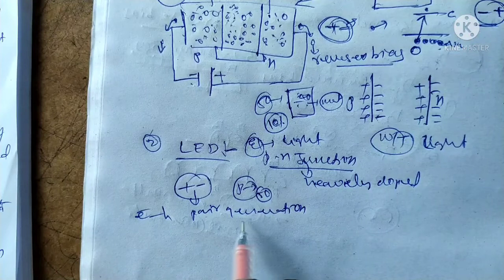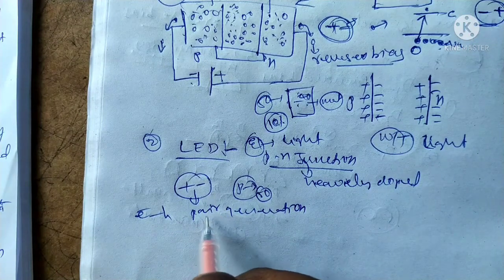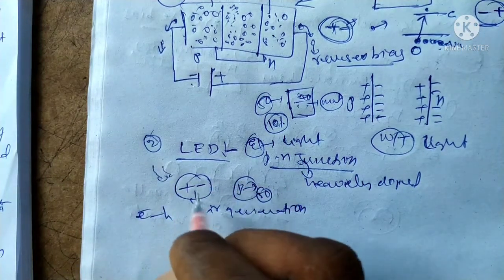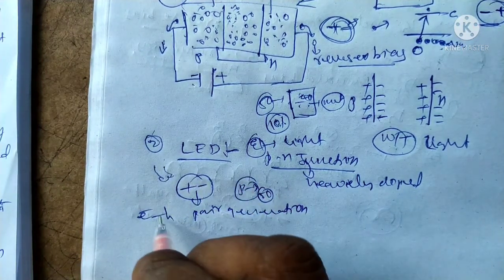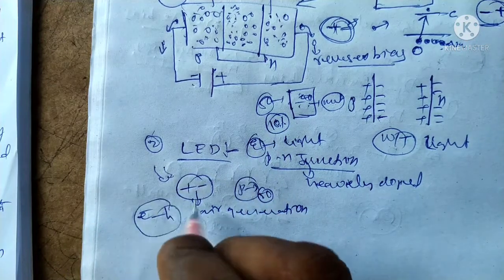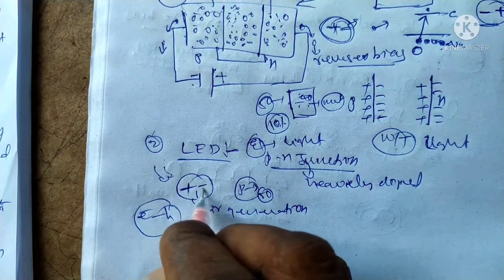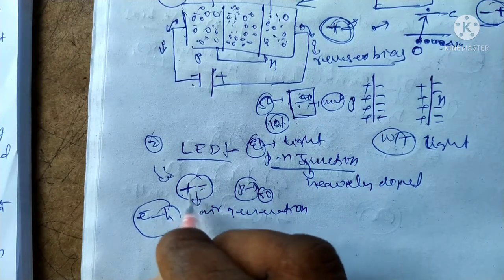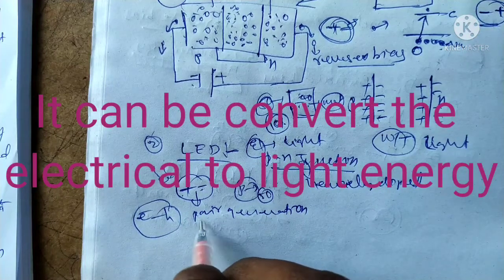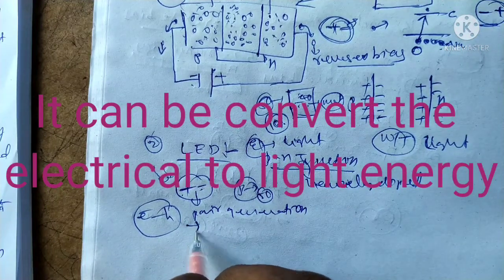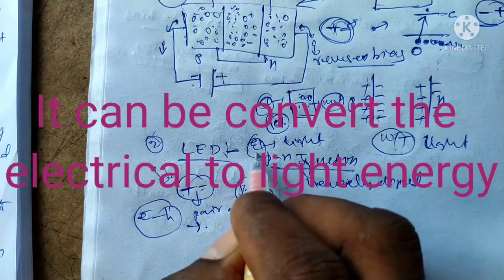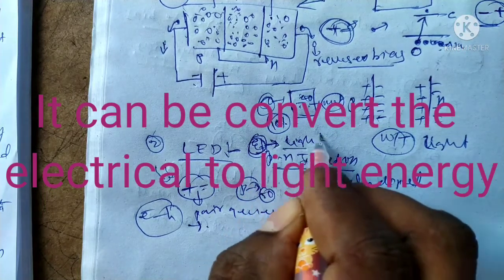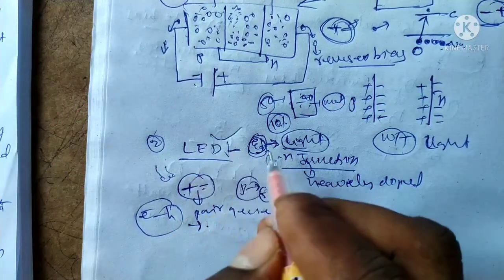Electron-hole pair generation occurs when light falls on a p-n junction diode. It absorbs the energy and creates electron-hole pairs, positive and negative. This is the electron, and this is the hole, positive charge and negative charge, creating the electron-hole pair generation. It generates some amount of energy. That energy is electrical energy. This electrical energy can be converted into light energy. This is the phenomenon in the case of the LED.